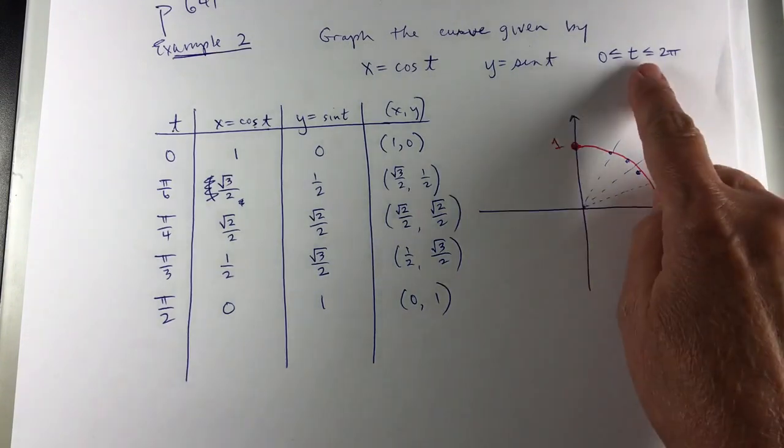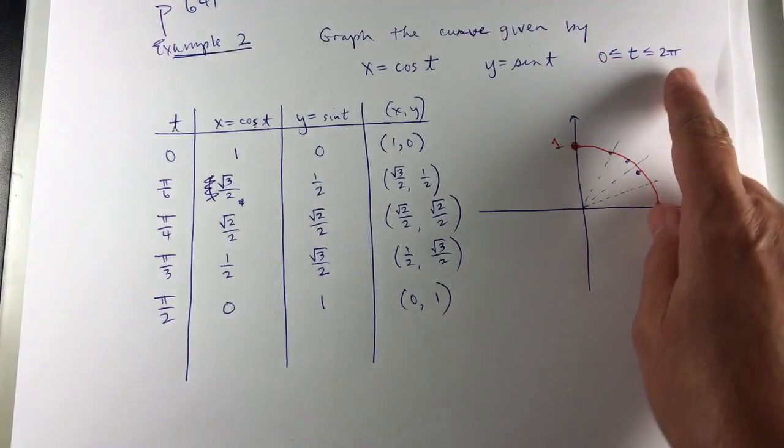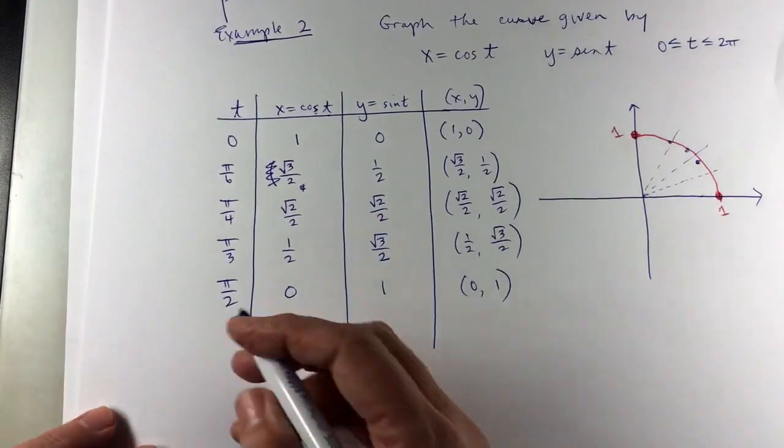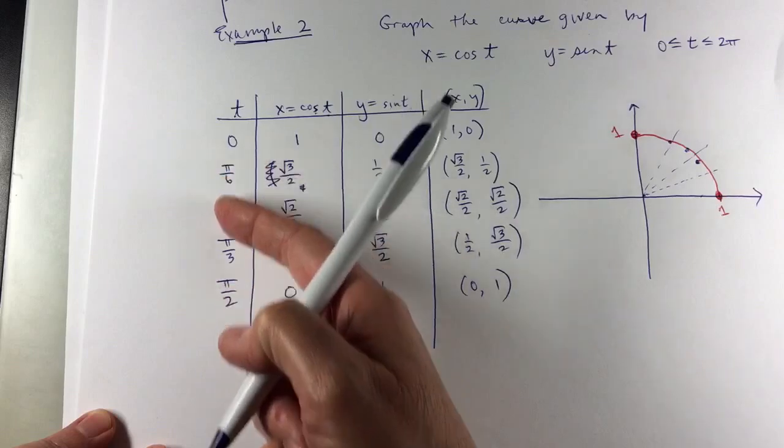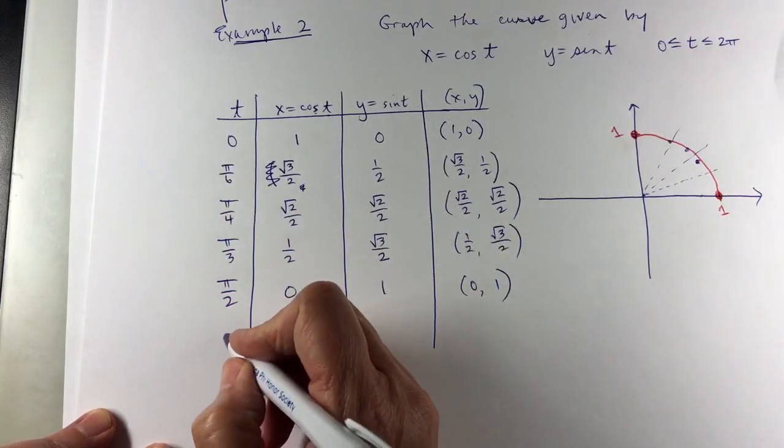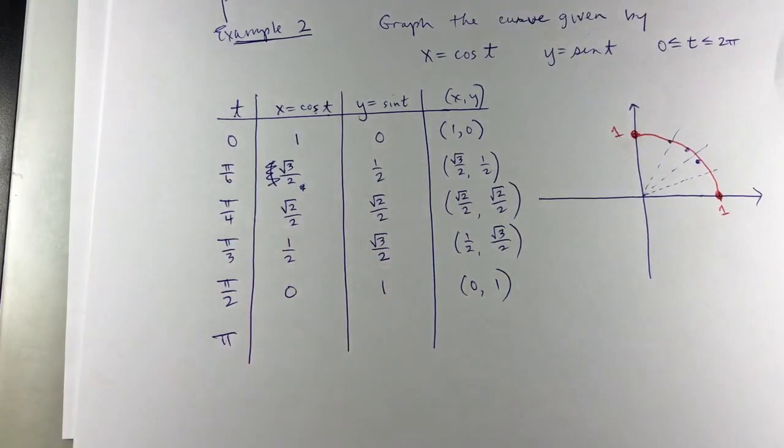I still have to pick t values all the way to 2 pi. So I'm not going to pick these intermediate values. I just wanted to do that in the first quadrant so we could kind of get that arch in place. And I can say it looks like it might be a